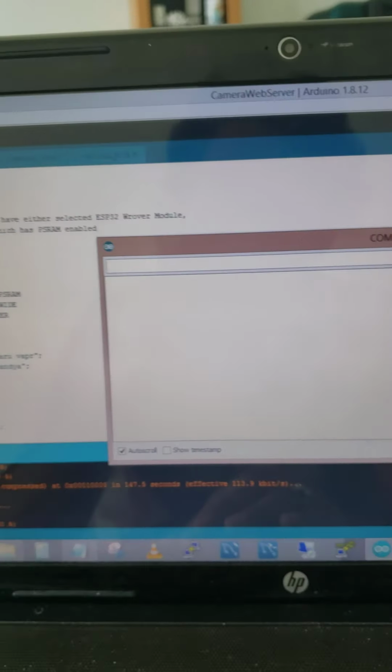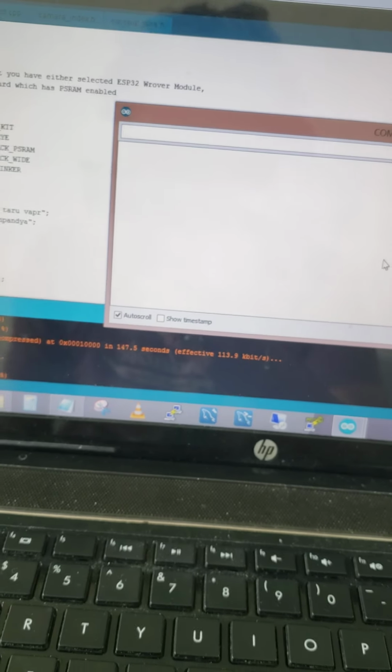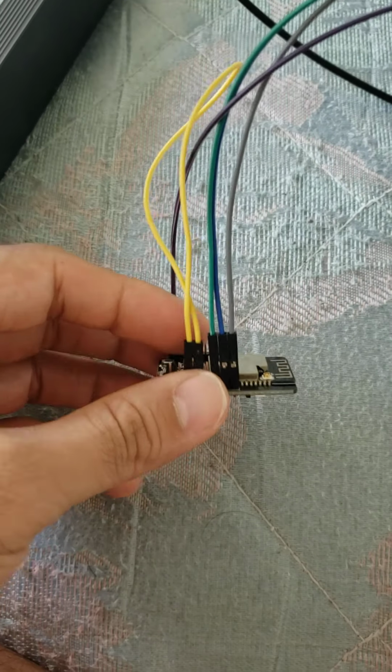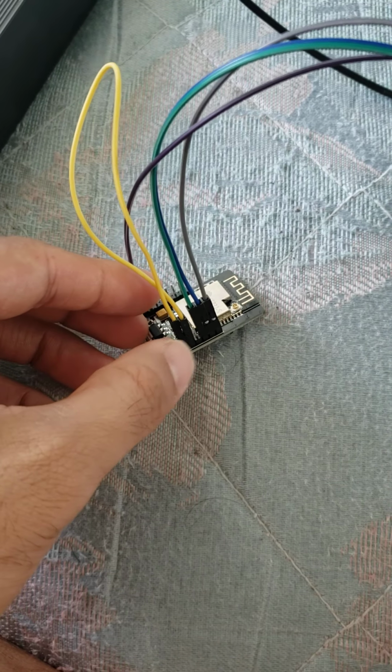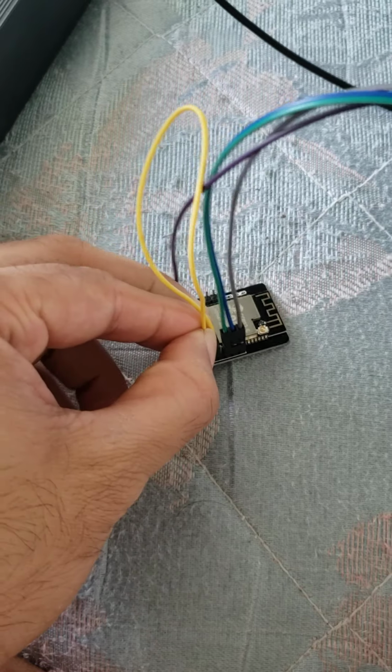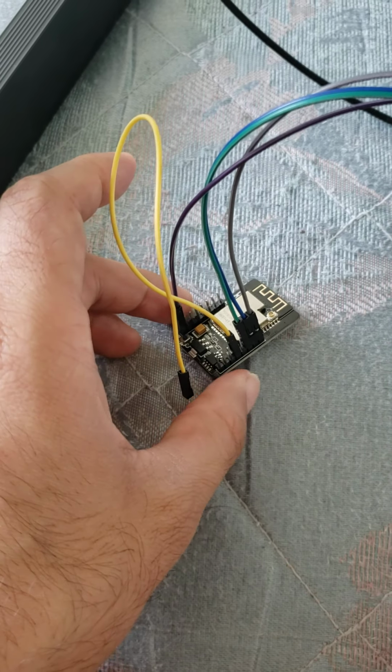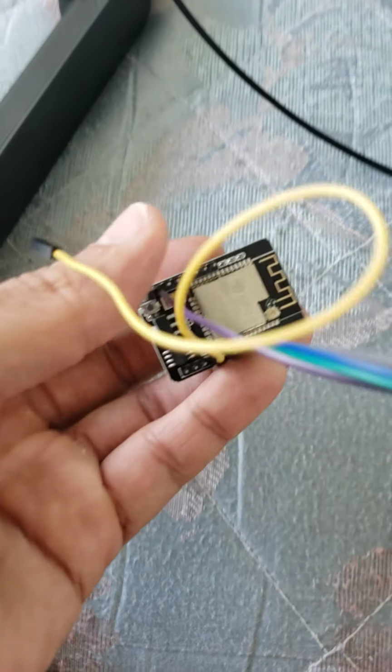So we have to go here to the Arduino IDE serial monitor. We have to click here, and first of all you will see a blank screen. So to get the status, you have to disconnect the cable which is shorted. You have to remove it first. So I'm going to do that now. See, I unshorted it, and now there is nothing here.